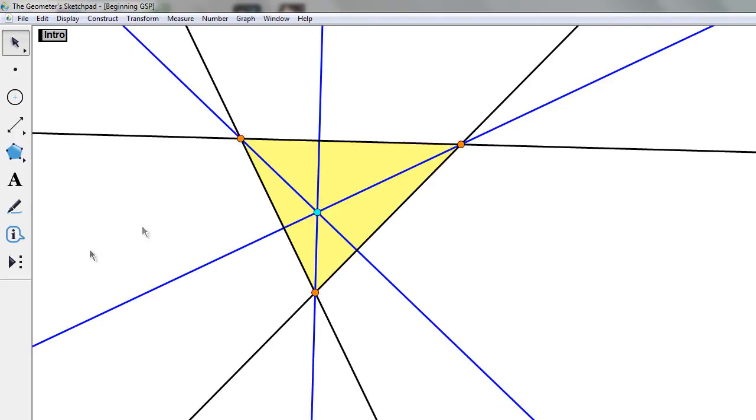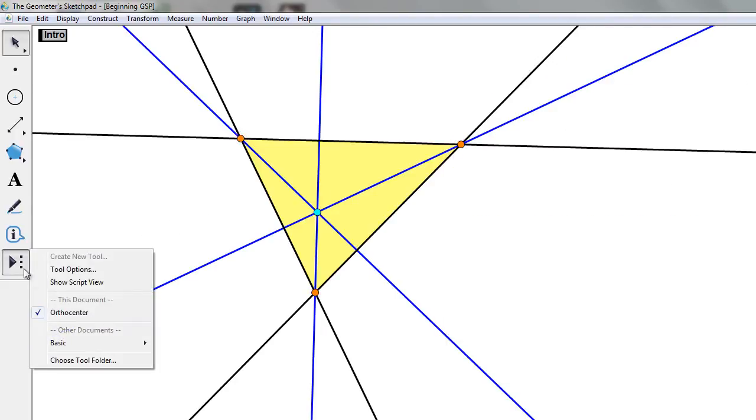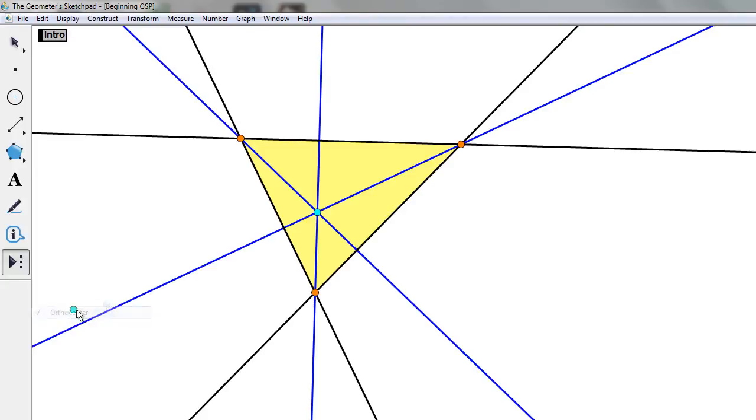So now to apply this tool, suppose we just click on it. It's already clicked, but let's click it again. Now we choose any 3 points, and we are getting the 4th point constructed automatically, which is the orthocenter of the 3 points that we've started with. So this way we can create orthocenters at will, because we've done it once and we've recorded the construction using our custom tool.